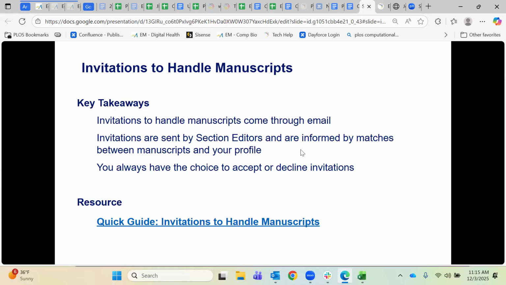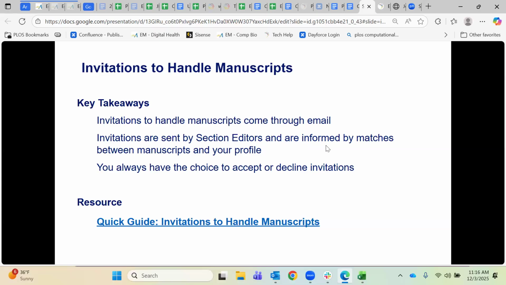So now that we know what's going to happen in the general flow of things, you're going to start receiving invitations to handle manuscripts because your classifications are all up to date, your personal keywords are all nice and rich, and now you're receiving invitations. These invitations will come through email. It'll typically say, PLOS Computational Biology has sent you an invitation to handle a manuscript. And invitations are sent by section editors, but they are sent through editorial managers,